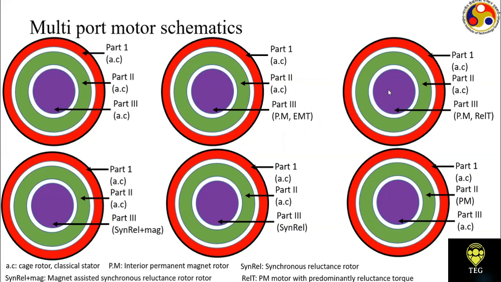And in this case, the only difference is that the rotor which I will use for the purple part would be very similar to a permanent magnet synchronous machine rotor. Okay. So that would be the distinction between these two machines. So similarly, you can start to play. So now if you can see here, you can have multiple configurations feasible if you have multi-port configuration. Okay. So multi-port means multiple rotating parts. So here you have two rotating parts and one stator. Okay. So these are the multi-port excitations.